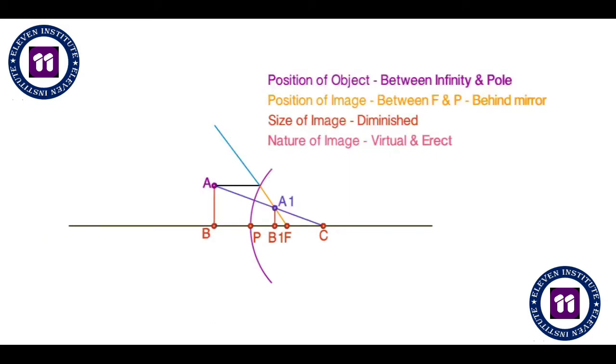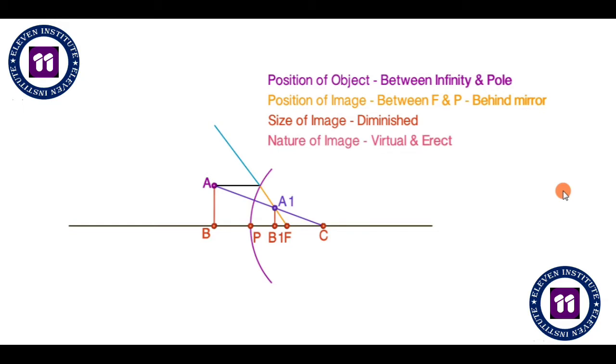Alright. So I hope you have finished the previous one. Now the next case that we have is our object is placed between infinity and pole. This you can consider as infinity, an infinite distance, and this is pole, such that you can measure. This is a measurable distance between your pole and your object. You can place your object anywhere over here, but we will place it just near to the mirror, and this is the final output that we are going to get.